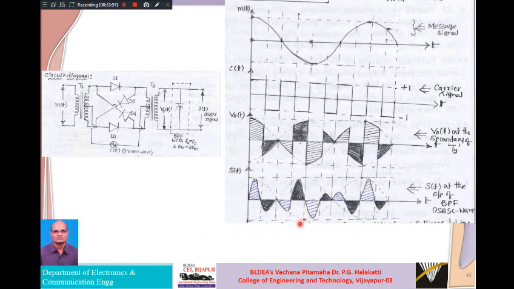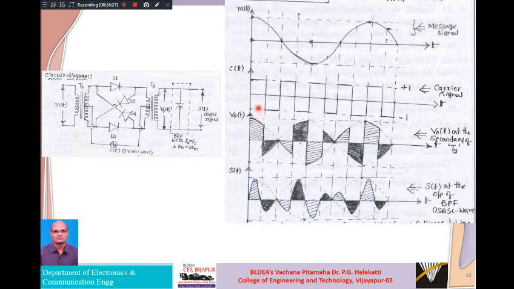These are the waveforms here, guys. Let me briefly tell you how we are going to get these waveforms. Message signal m of t, you draw like this, and you make some partitions here so that we can easily understand. Carrier signal will take one cycle during this peak, then some 2 cycles in this negative peak, another 2 cycles in the positive peak. It will be repeated with plus and minus 1.